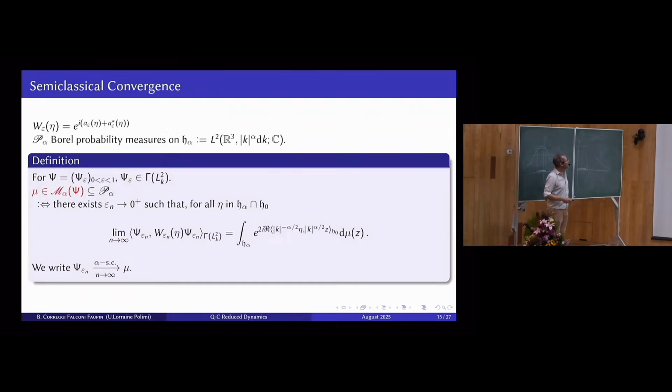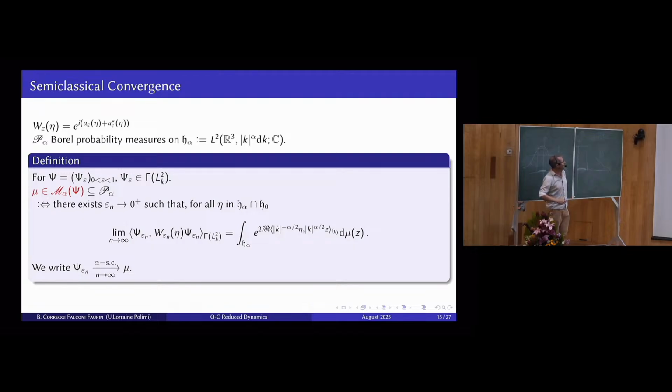So let's look a bit at semi-classical convergence. Here you have a slightly abstract definition. Anyway, you start with a family psi epsilon of states in the Fock space, only in the Fock space, and you want to define probability measures on some space H alpha, which is actually just an L2 space but with a weight. Okay, so we need this weight because of the natural energy space for the fields,